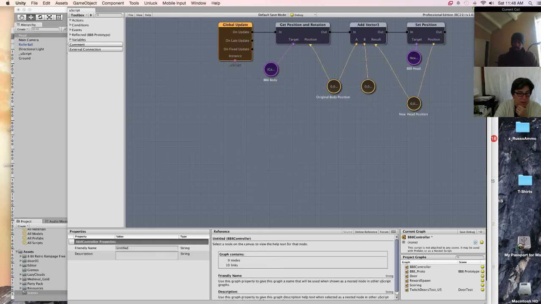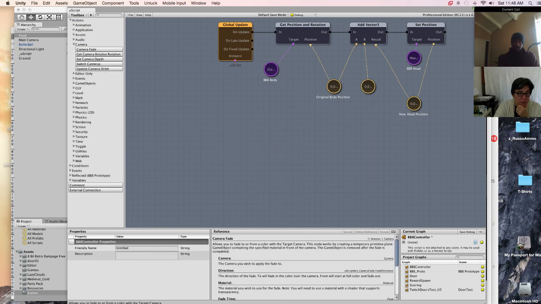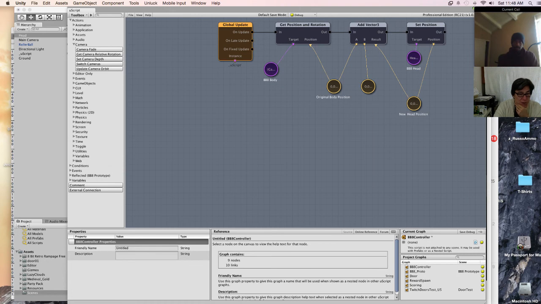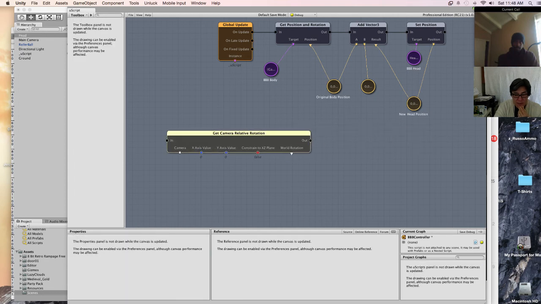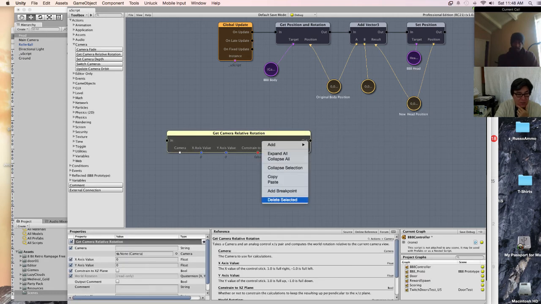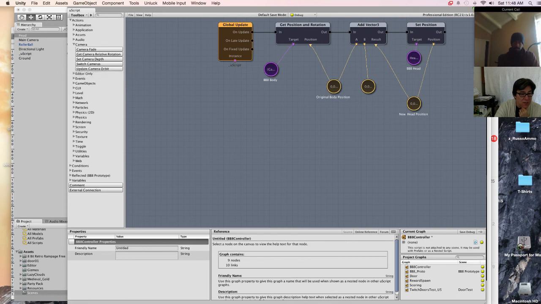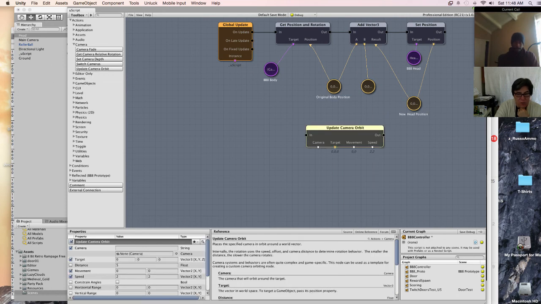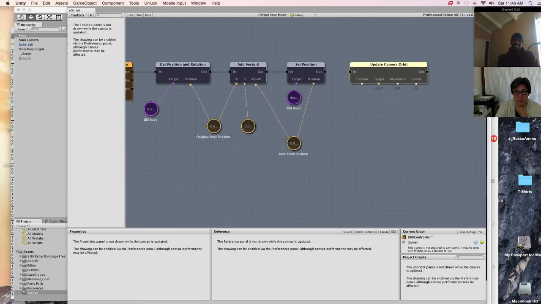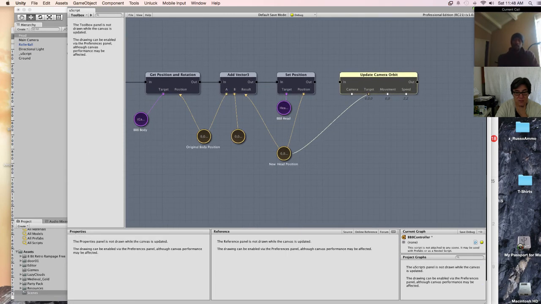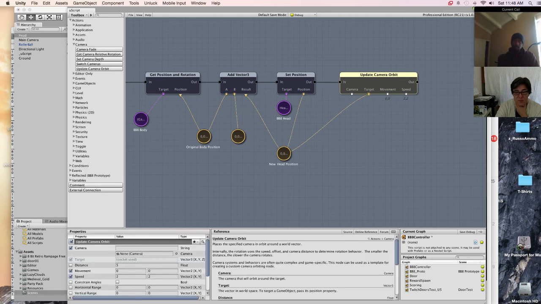Let's look inside of our actions. Camera. Set camera relative rotation. Let's see what that does. Oh, that's get camera relative rotation. Hold on. Yeah. Update camera orbit. Right? Orbit sounds kind of right. Places specified around a world vector. Okay. That's actually exactly what we want, because we can still use this vector. We will rotate around a point that's 0.7 above that thing.